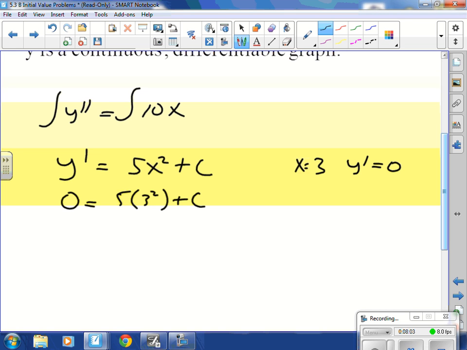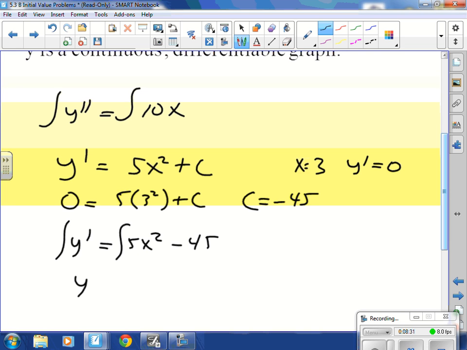So what do we end up with here? C is negative 45. Now, we have to repeat the process, so we go with y prime is 5x squared minus 45. My goal was not to find y prime. My goal is to find the original function y. So we integrate yet again. And the antiderivative of y prime is